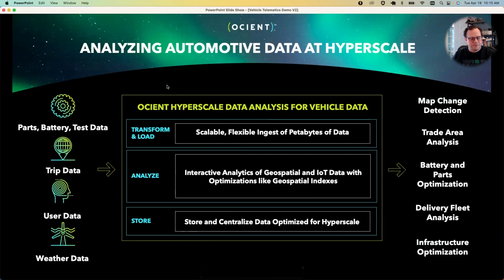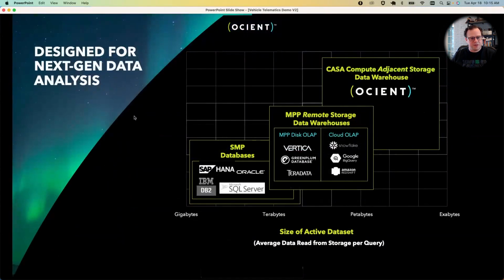So where does Ocient fit in the ecosystem of data analytics tools? You'll notice up here in the top right, we excel when the size of the active data set is in the hundreds of terabytes and beyond range. Ocient's very focused on providing interactive analytics when you truly need to analyze these hyperscale data sets.